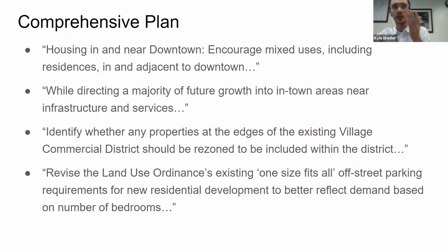town. Third, identifying whether any properties at the edges of the existing village commercial district should be rezoned to be included. So this is sort of what I was talking about before, where, from time to time, we look at a couple properties here and there, whether it would be smart to include those in the village commercial, whereas this is sort of taking a more preemptive approach and looking at what makes sense more all at once ahead